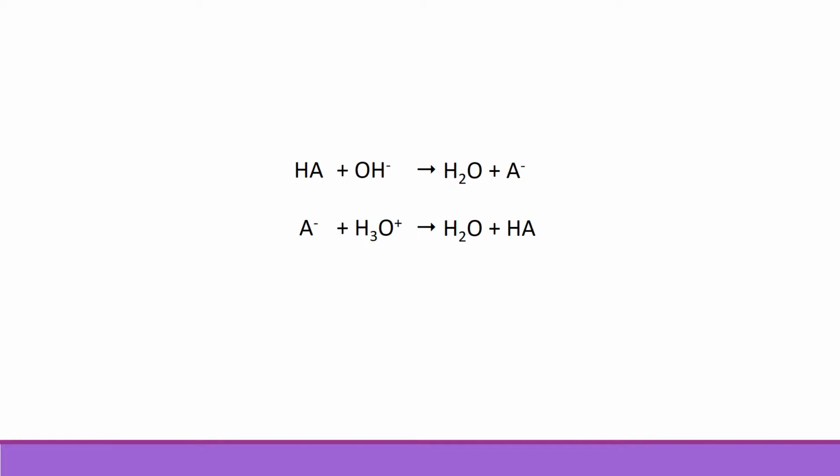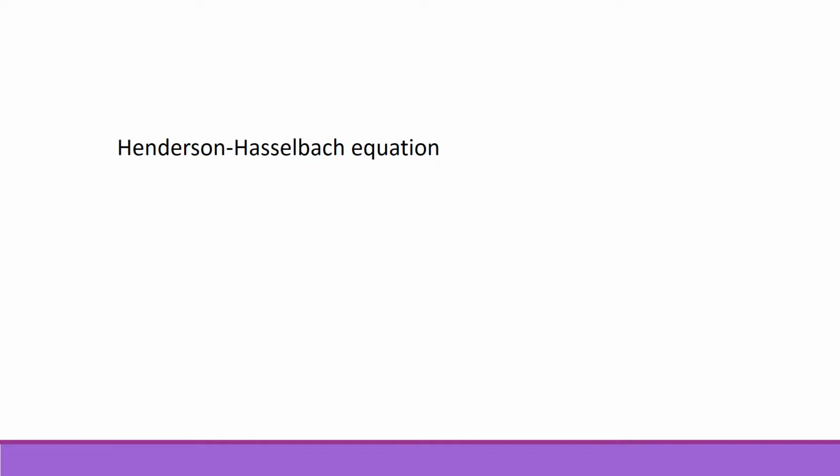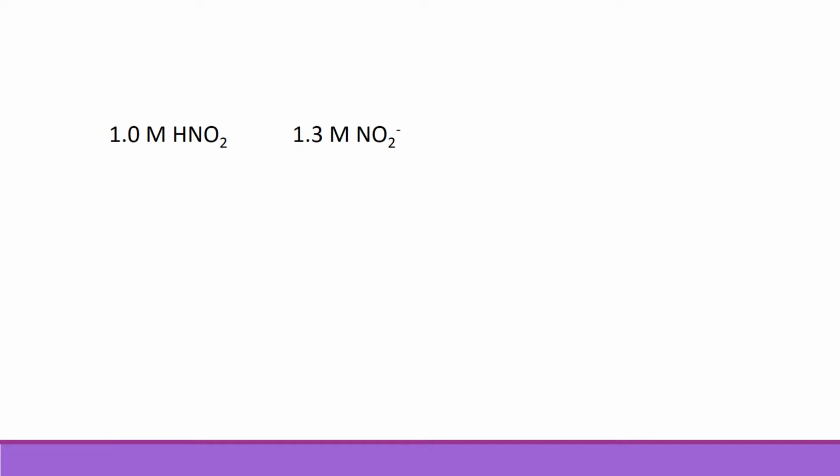the conjugate base. You can calculate the pH of a buffer solution using the Henderson-Hasselbalch equation, which says that the pH should be equal to the weak acid's pKa plus the log of the conjugate base's concentration over the weak acid's concentration. For example, let's say we have a 1 molar solution of nitrous acid and a 1.3 molar solution